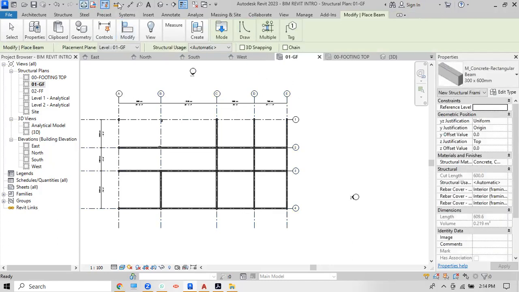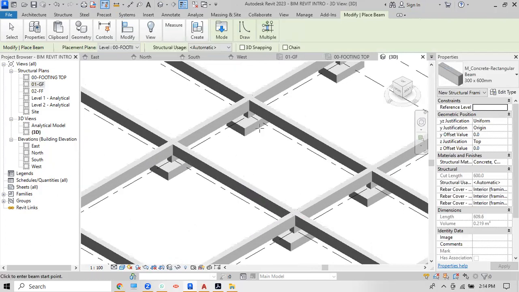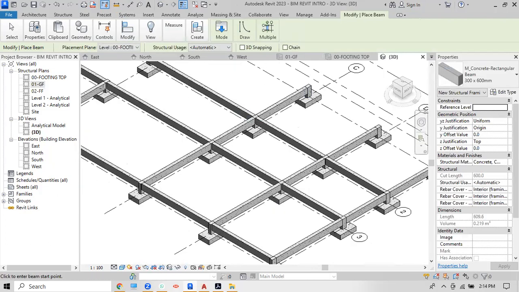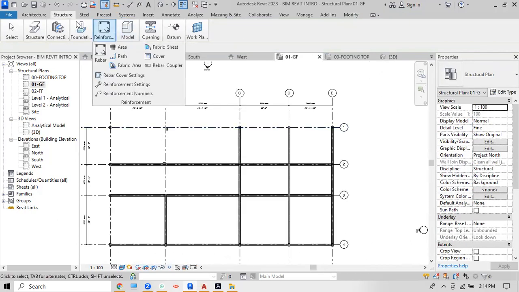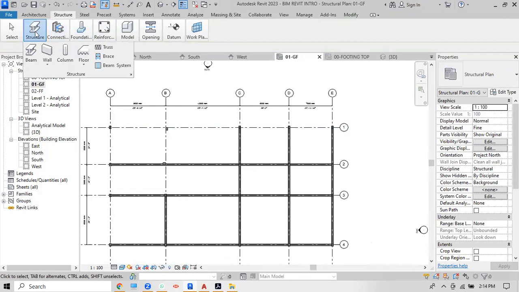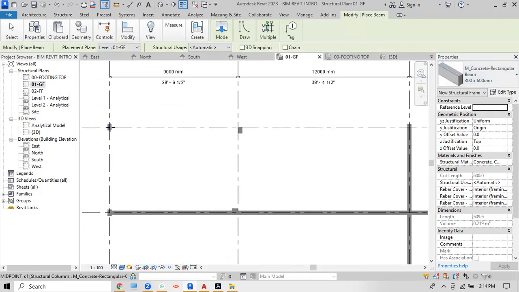And we go to the 3D. You can see here beams are placed there. And on this side, let's say we go to the ground floor. Here we want to place the beams. We will go to the structure. We will go to the beams. We will ask for beam. Okay. The same beam we can